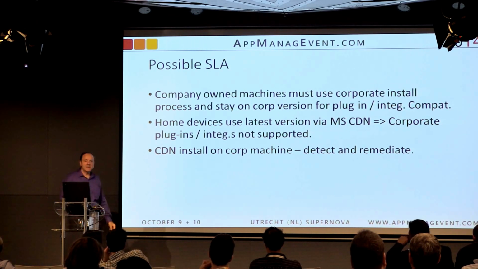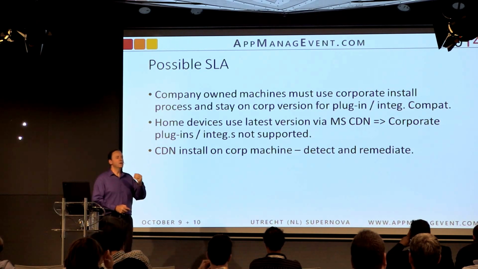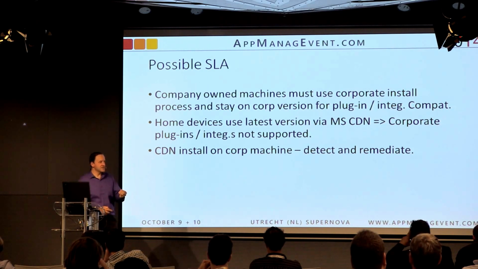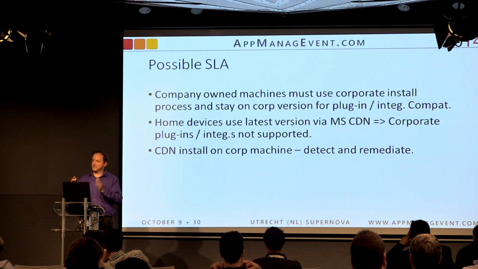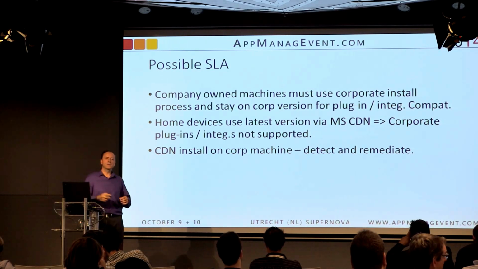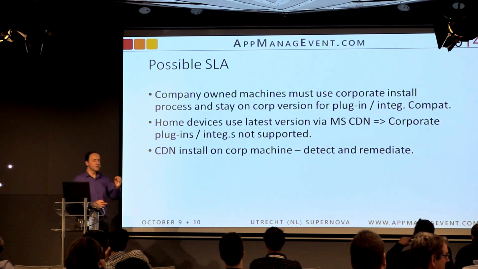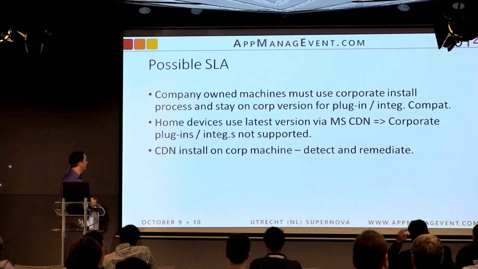Some possible SLAs. If you're going to let people install this on their home devices, you're going to want to be very clear that you do not support corporate software integrating with Office when they install Office off of the Click to Run portal. I think it's going to be very messy to try to unwrap what's going on in their personal machine. They might have two versions of Office, and you don't do that in corporate. So right away, you should establish a service level agreement that if they install the corporate Office licenses on home machines, which is totally okay by Microsoft, you're not going to support corporate software that integrates with them, unless you really want to do a supportability study on that to see how deep that hole could be.